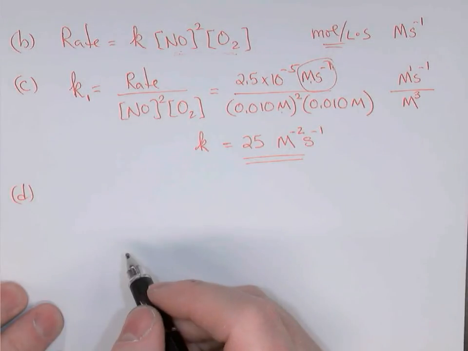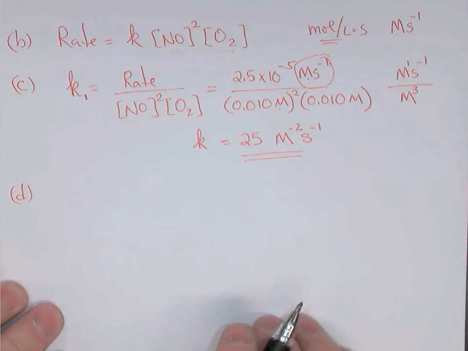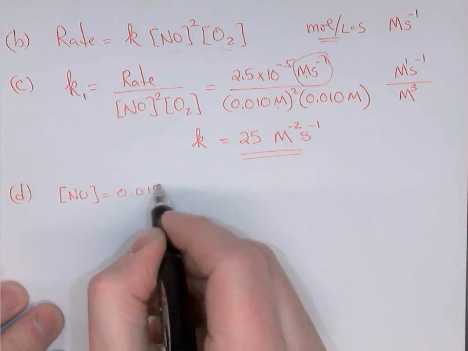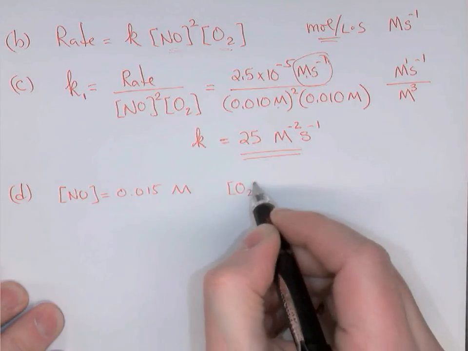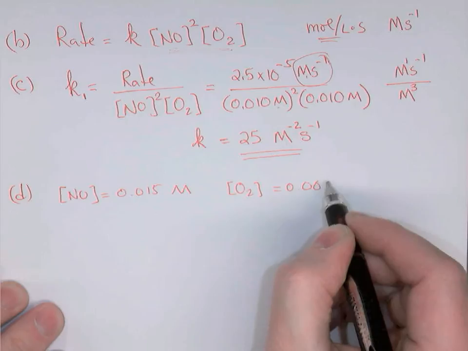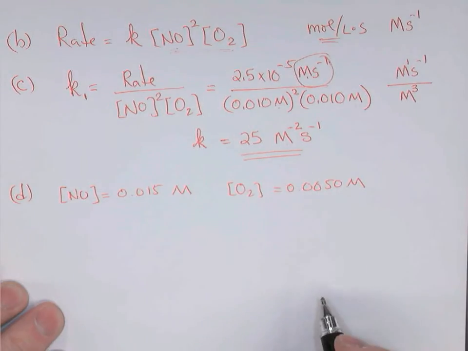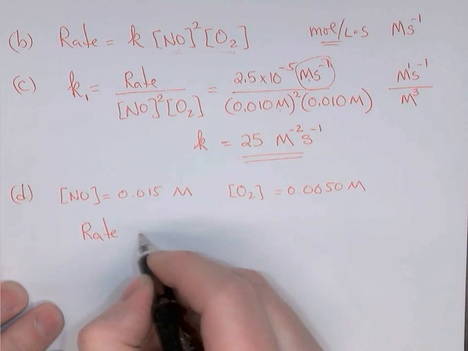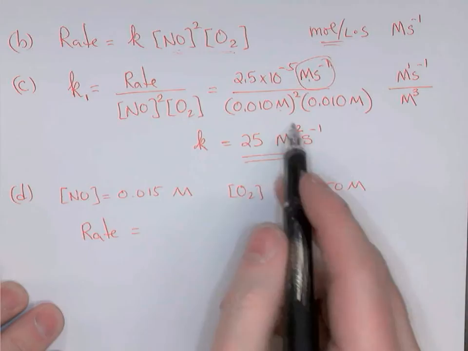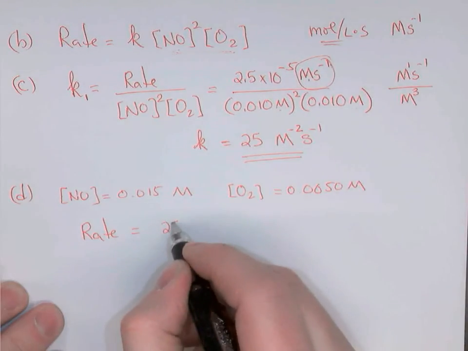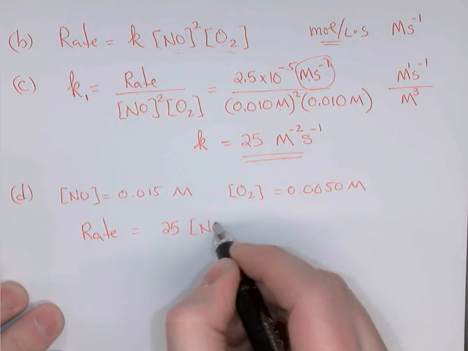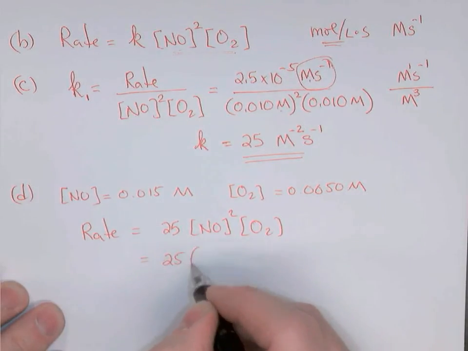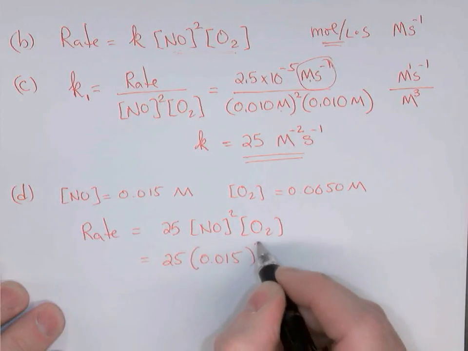Part D told us to calculate the rate of the reaction when the concentration of NO was 0.015 molarity and the concentration of oxygen was 0.0050 molarity. It says, what's the rate of the reaction? Well, our rate law says that rate equals, and instead of a K, I can just put this number now. So rate equals 25 times concentration of NO squared times oxygen equals 25 times 0.015 squared times